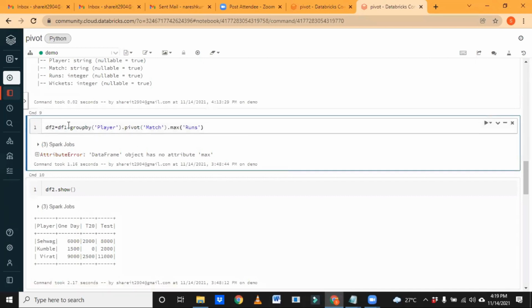This is the syntax: group by player, right? We need the player name only. So that is one. And the second is pivot. We have to choose which column should be represented as the schema or column names.